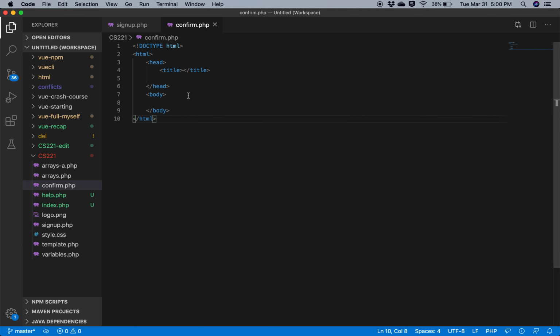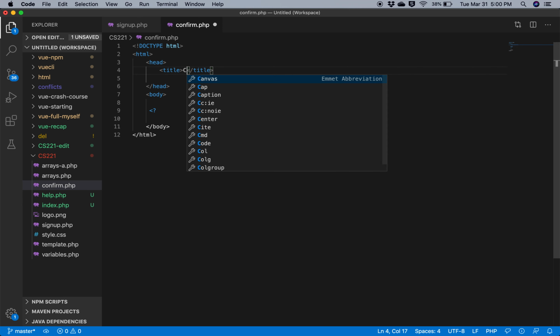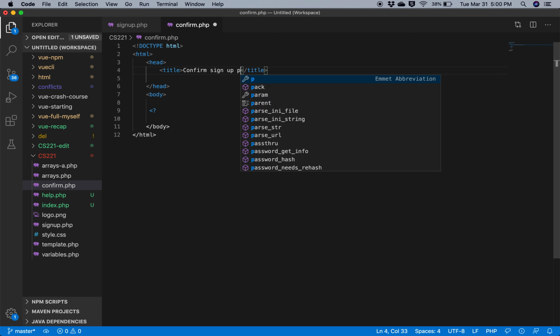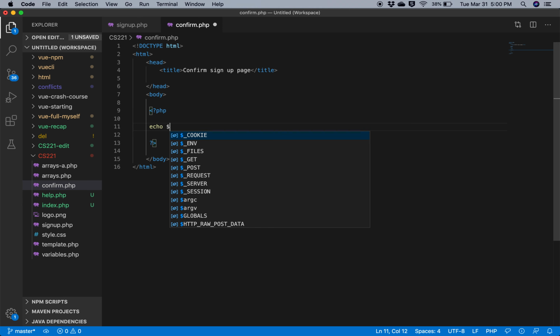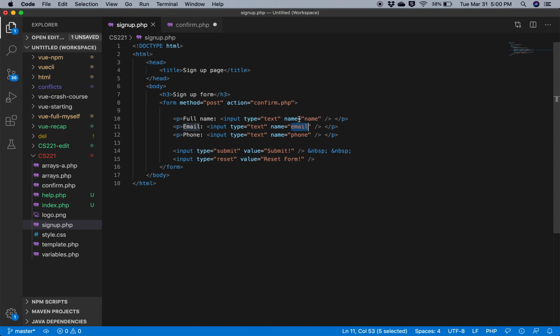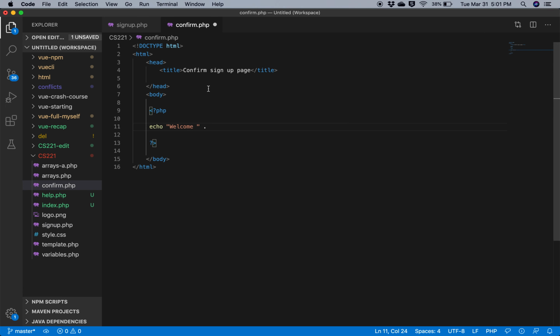So now in this page, essentially what's going to happen is I'm just going to have PHP inside of the body. So let's say confirm sign up page. Now it's just going to be PHP, and let's say now we have echo. Now let's say like welcome. Now again, if I just want to echo this name, it's going to be something like a super global array, which is the $ sign for variable. And then these super global arrays, after the $ sign, there is an underscore, and then